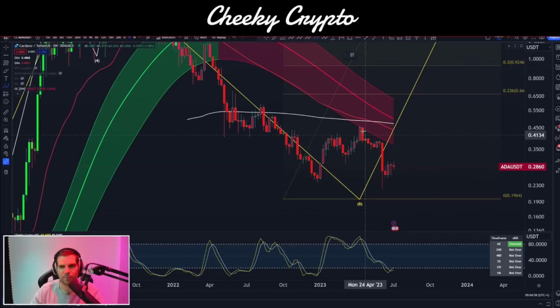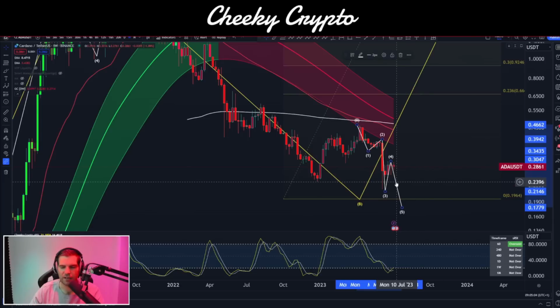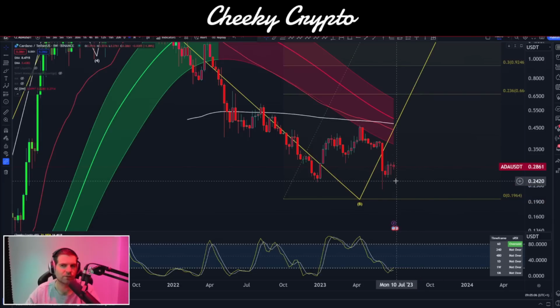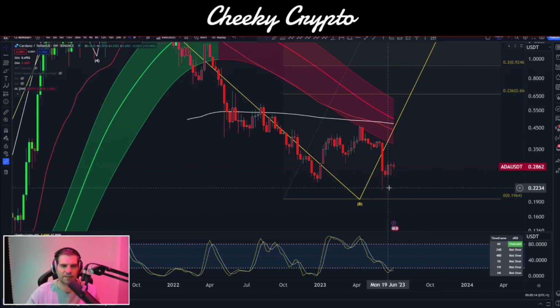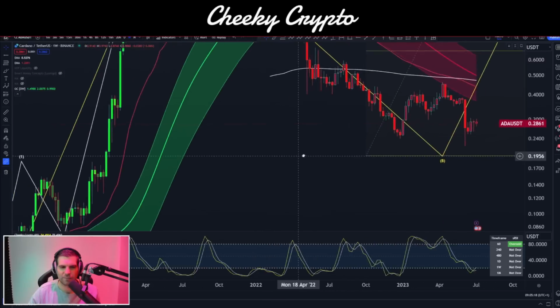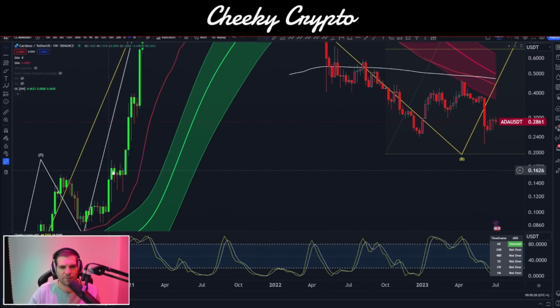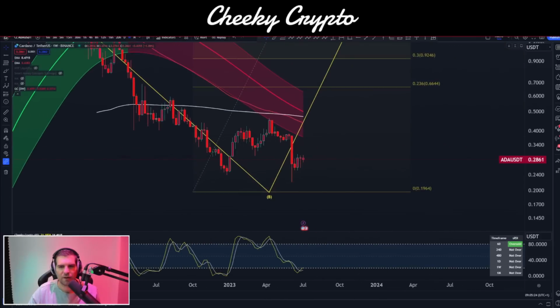Now we know on the smaller time frames that what we're really looking at here is a 5-wave structure and we're looking to come on down deeper, and I do suspect that we're going to come down lower than 20 cent. Okay, again, that to me is not a strong area to be. Current low sits at 22 cent, and I suspect that we're going to land somewhere between 18 and 22 cent. So I wouldn't be surprised if we drop down lower than 20. As we can see, there's some areas of consolidation previously around that 15 cent area. Also a very, very interesting zone for us.